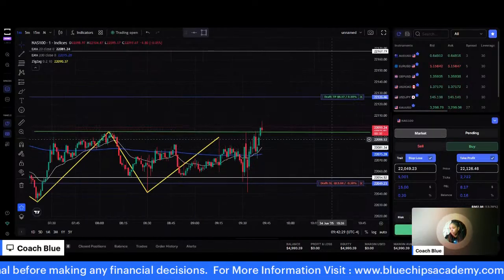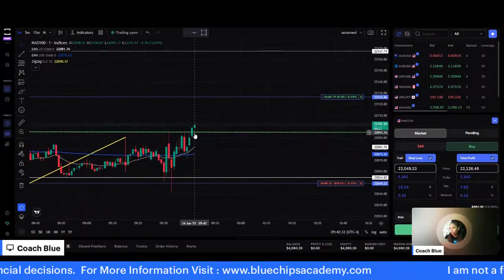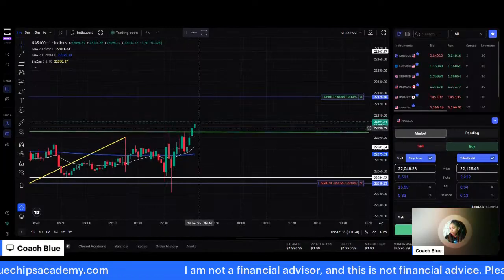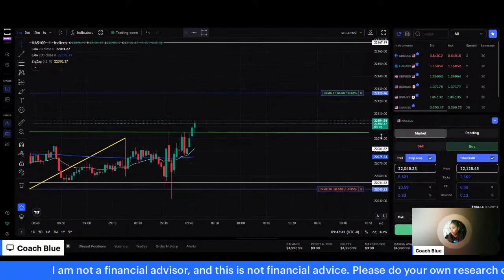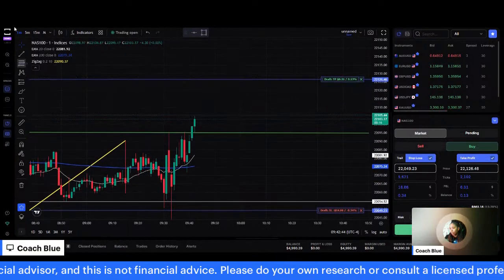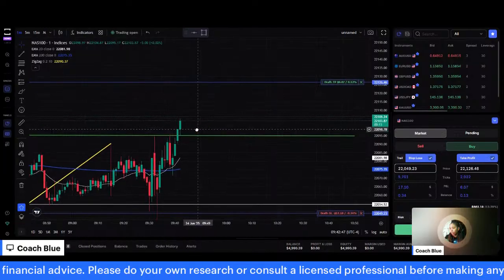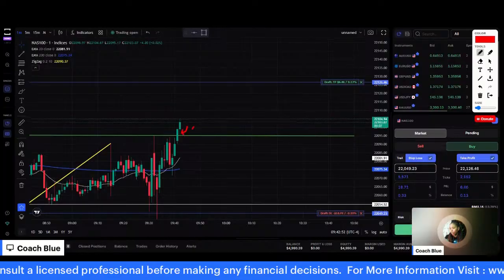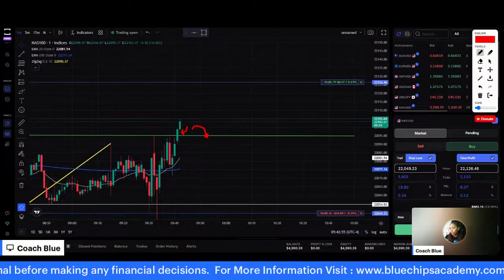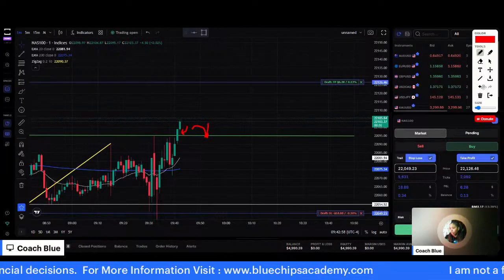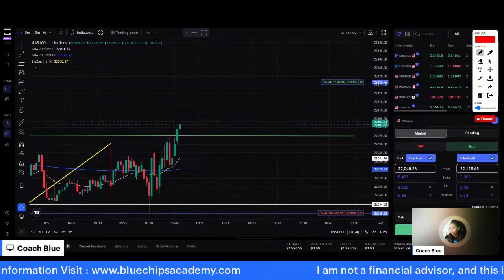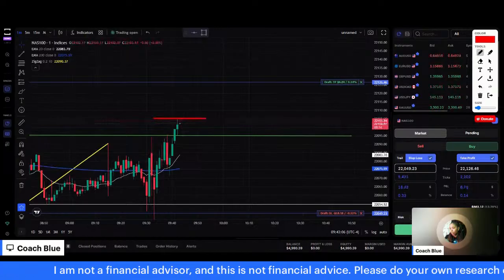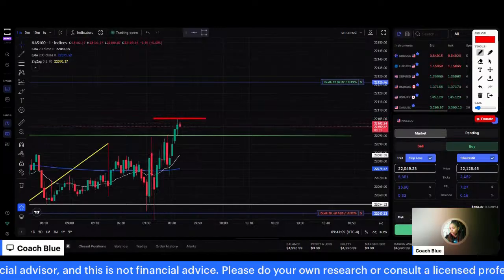Okay. Here's our pullback. That's our pullback right there, guys. See how it's staying above this area right here? That's our pullback. Now let's see if we can get continuation on our next candle here. Meaning price came down. As you can see, this wick right here, it came down here. That wick is an indication that price came down here. It's finding it as support, right? So that's our pullback. So now let's see if we get continuation. Okay, so that's our pullback. So now let's see if we can get price to break past this area right here.